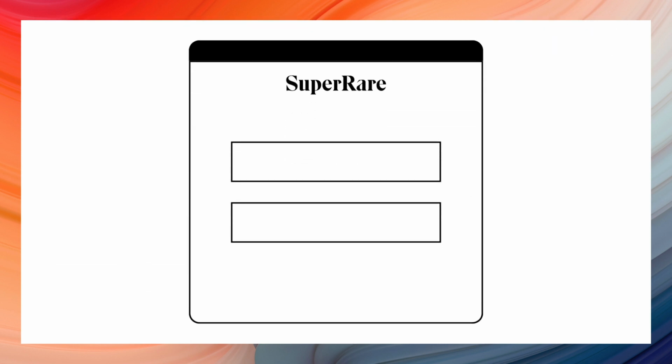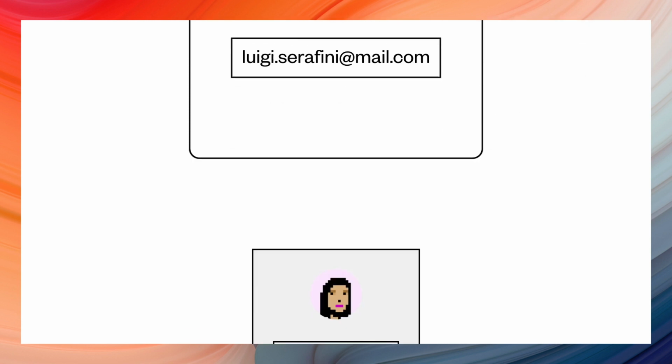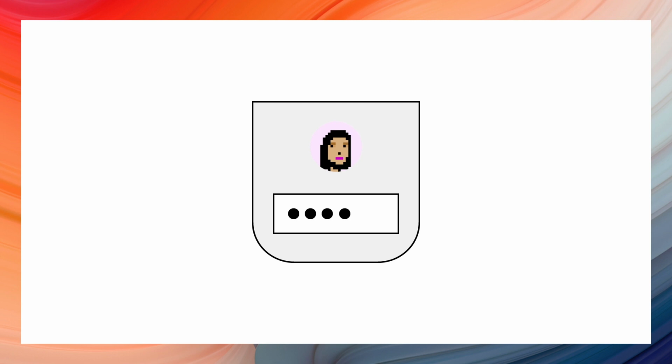Head over to SuperRare.co and sign up for a collector account by creating a username and entering an email address in the sign-up page. MetaMask will automatically request you sign the transaction to confirm the account. Going forward, so long as you have access to your wallet and private keys, you have access to your SuperRare